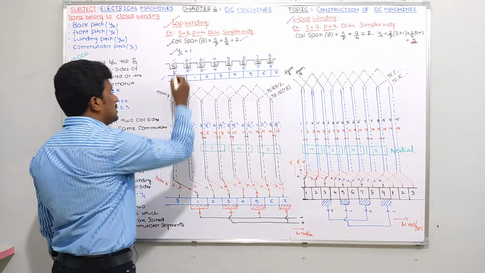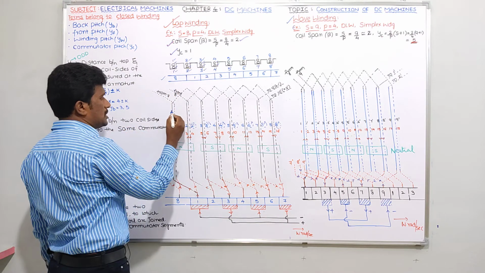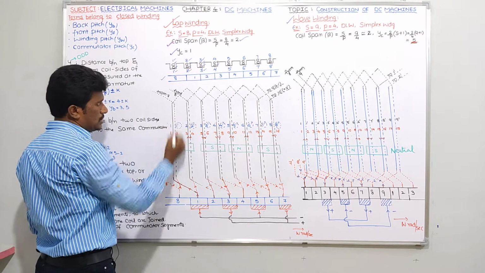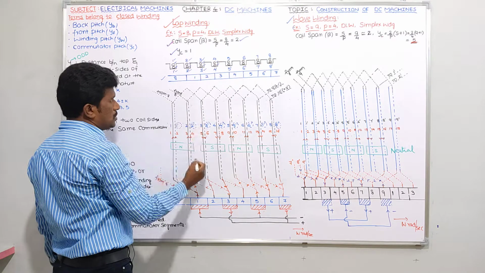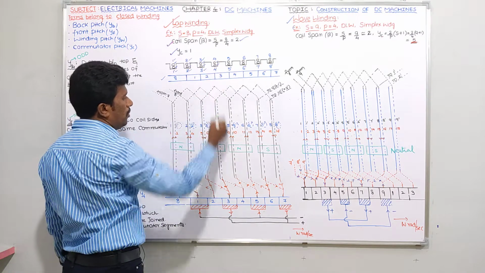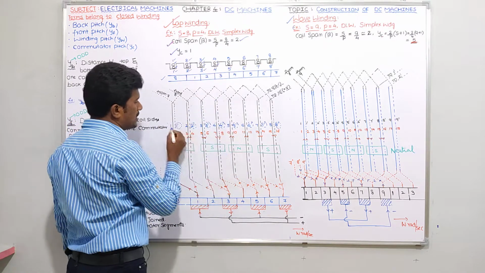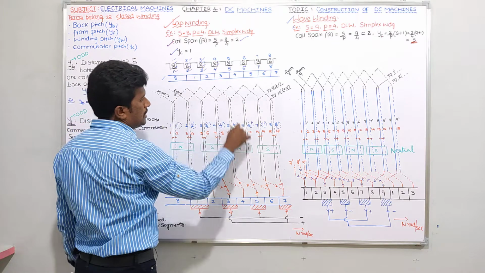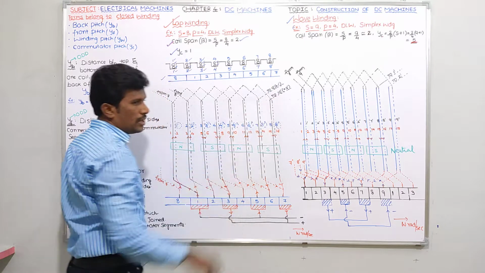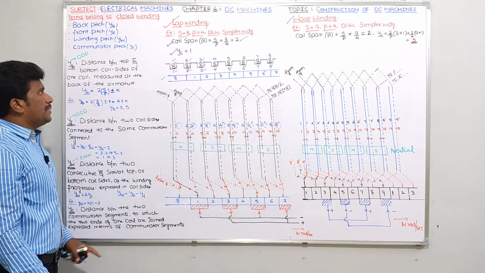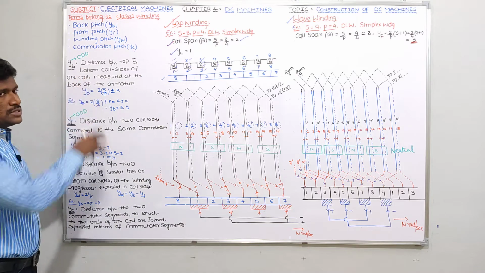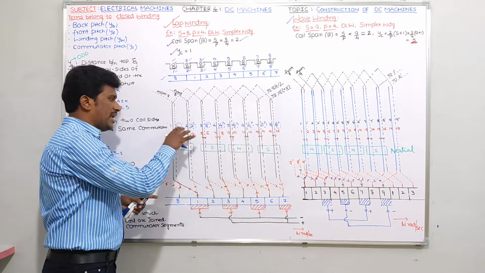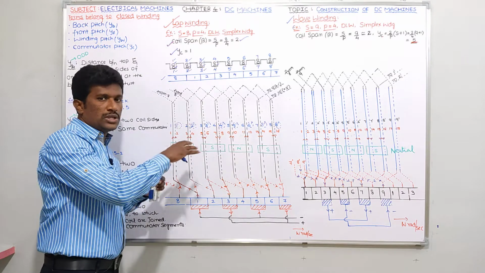Now if you observe clearly, this one conductor, one dash conductor, I just showed like this. One conductor, one dash conductor. Second conductor, 2 dash. Third, 3 dash. 4 dash. 5 dash. Please write this in blue color. 1 dash, 2 dash, 3 dash, 4 dash, 5 dash, 6 dash, 7 dash, 8 dash, and so on. See guys, try to understand, for explaining these terms the numbering should be in sequence, not like 1 dash, 2 dash. So numbering should be 1, 2, 3, 4, and so on.